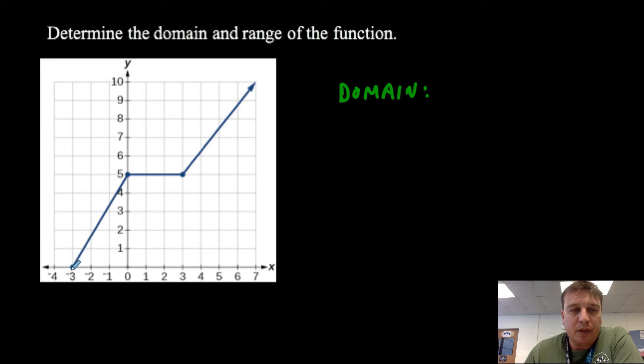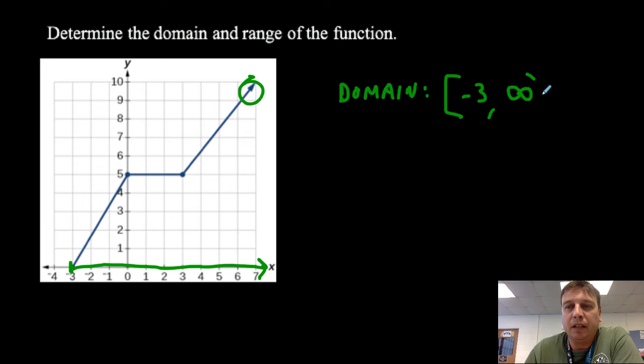So here I am starting here at -3. I've got the arrow at the end, which means that this continues forever this way. So my domain starts here at -3 and it goes to positive infinity. My range,